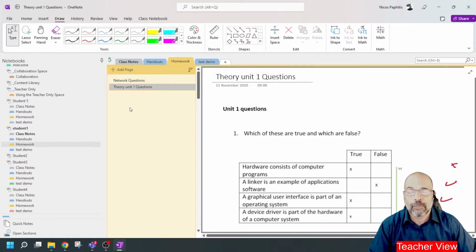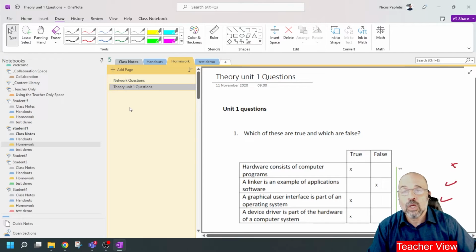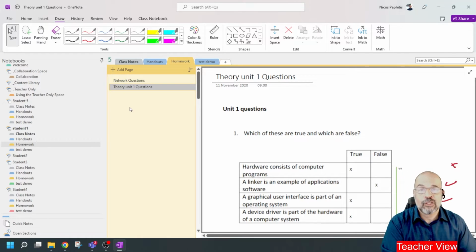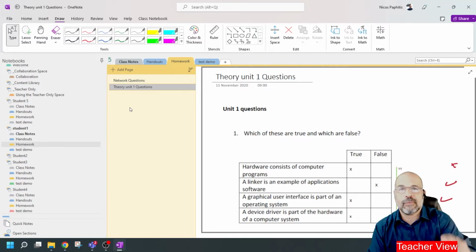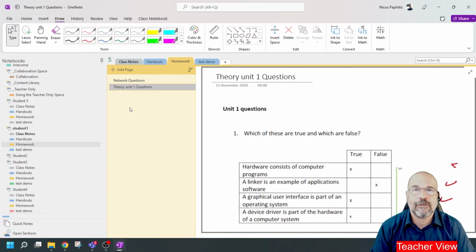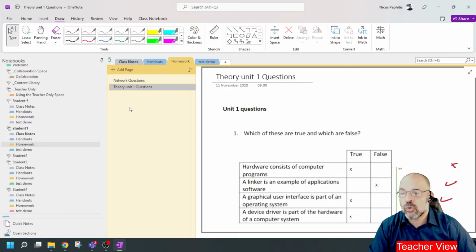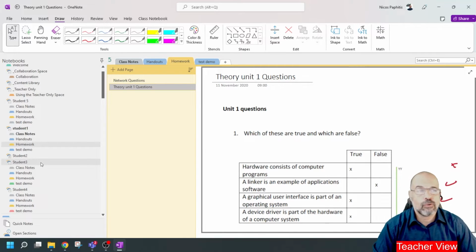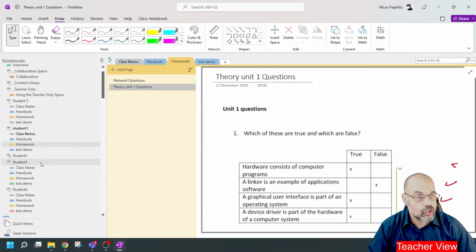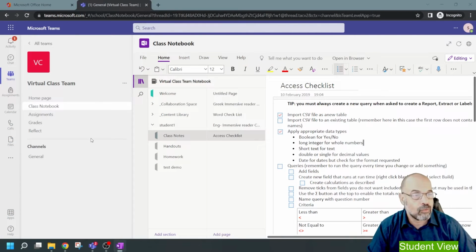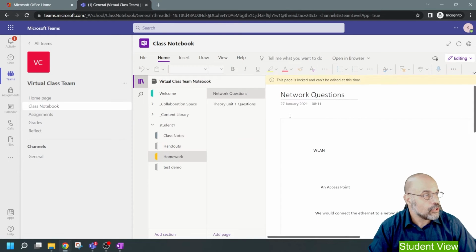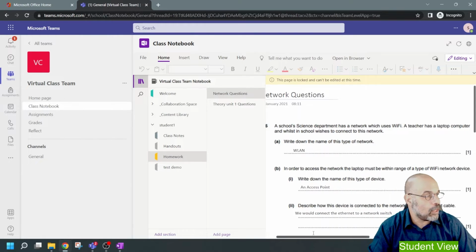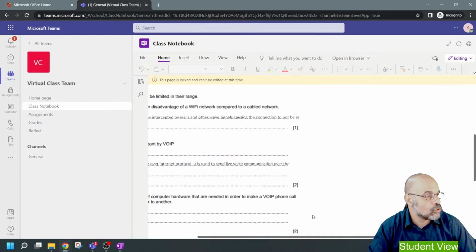The reason why we would lock pages, and again, we're going to see this a bit later on, will be once you've marked the page and you've given them their grade, you don't want students to go back and just delete all your marking, give themselves 100% and an A+. Okay, so we're able to basically manage the entire folder structure of a student. The student themselves, if we have a look at one of those sections which is locked, so this is the student area. If I go to homework, you can see this is homework that has been marked and returned to the student,